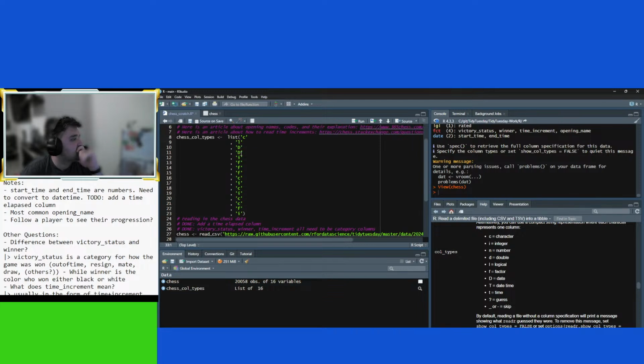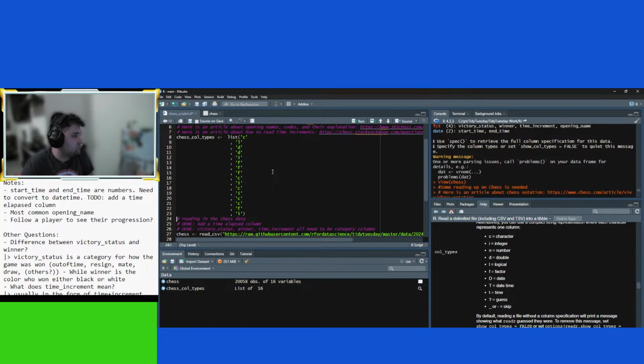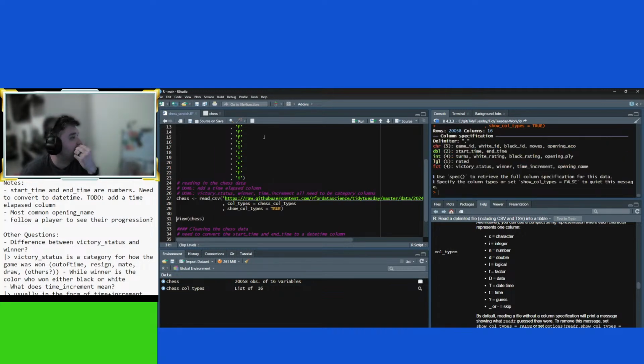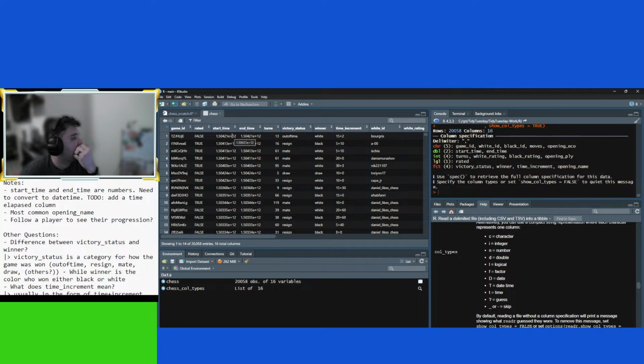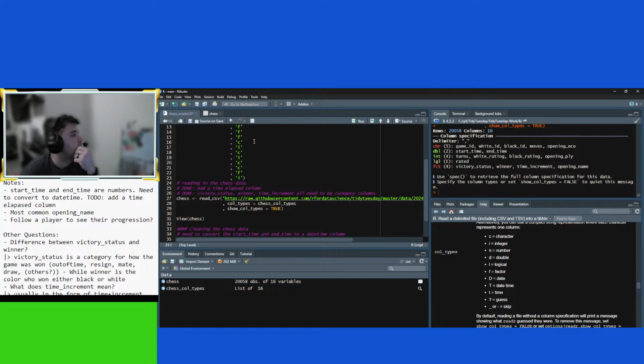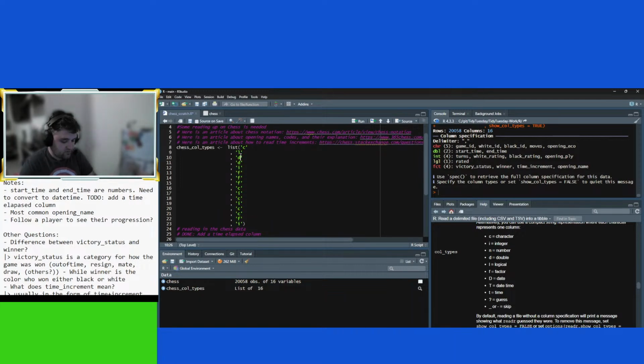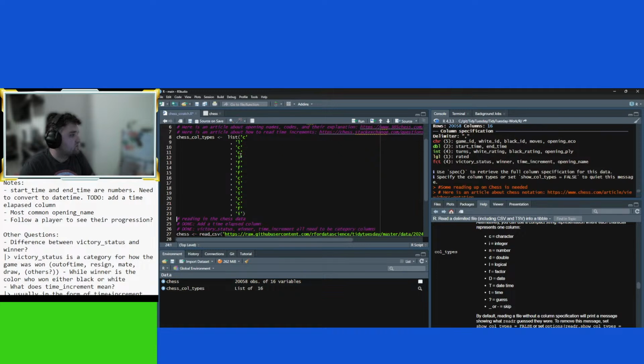Okay, so we just double. What if I force them into characters?